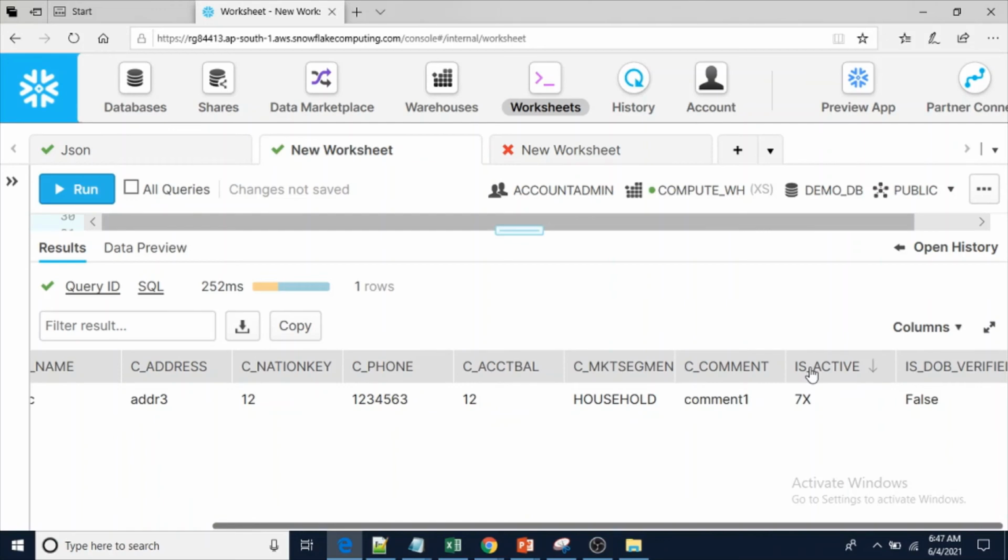Here, see, is_active has 7x, and is_DOB_verified is false. Snowflake will accept false as a boolean value. Any number can be accepted whether it is true or false, but 7x is not at all acceptable. So this is the problem with the record.